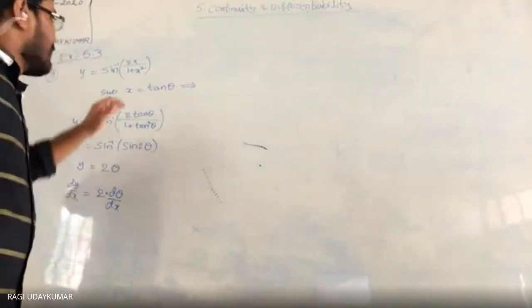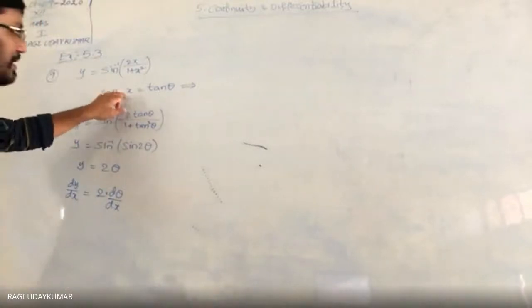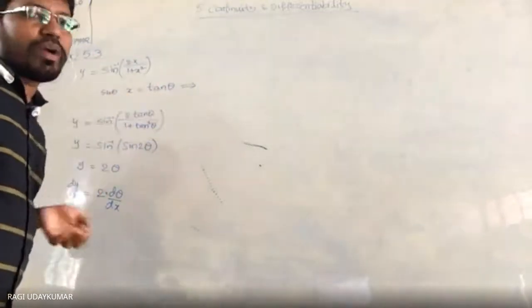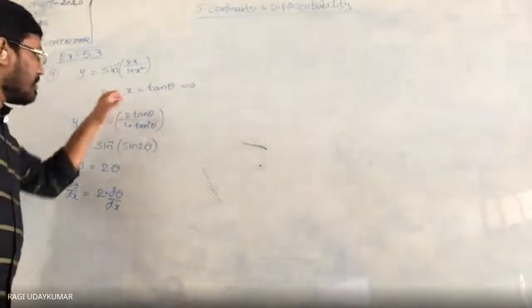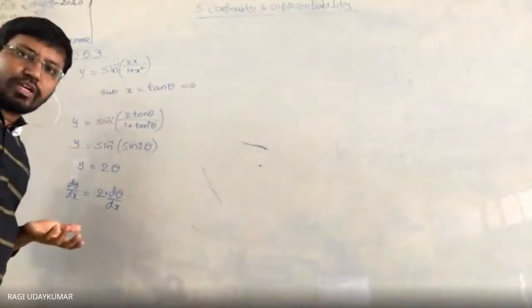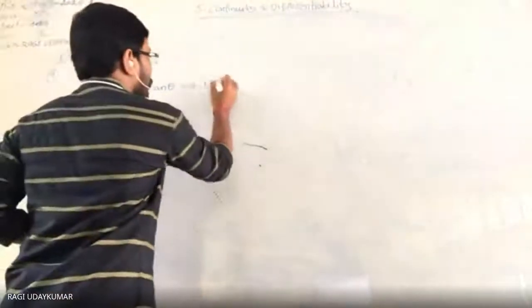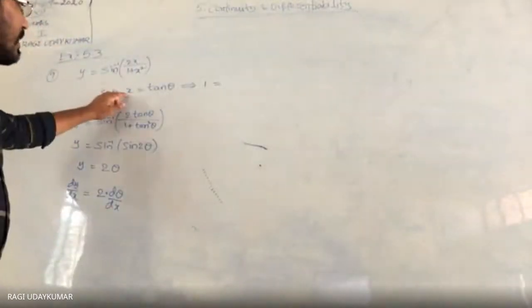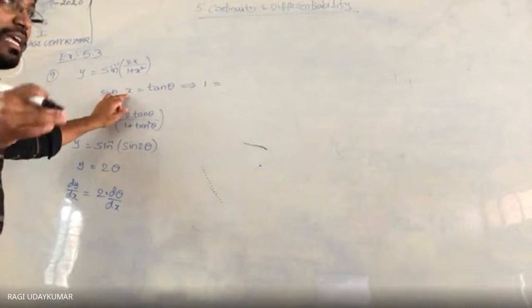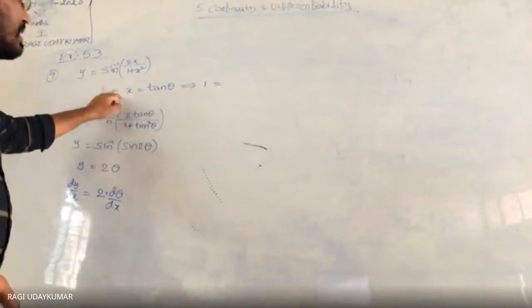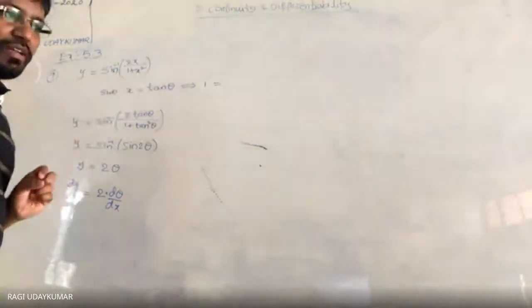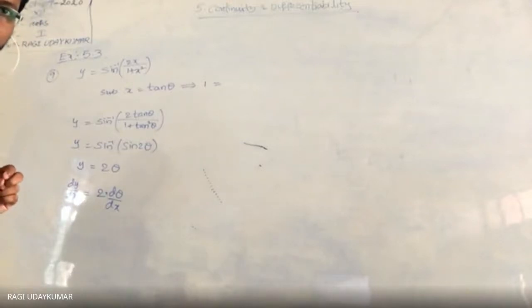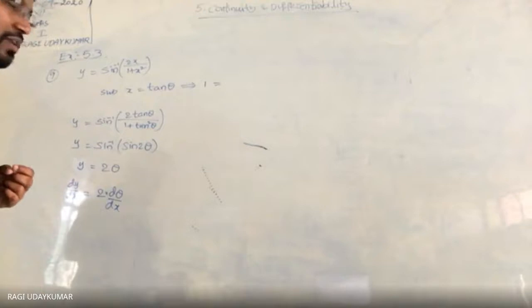Did you understand? Here, if you are differentiating this with respect to x, what do you get? 1 is equal to... So both ways are right. This you can differentiate with respect to theta. If you are doing it with respect to theta, it is dx by d theta. So tan theta differentiation will be equal to...